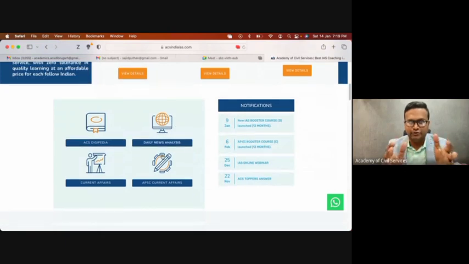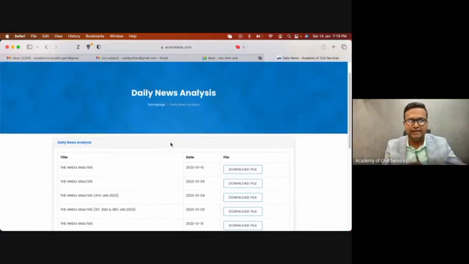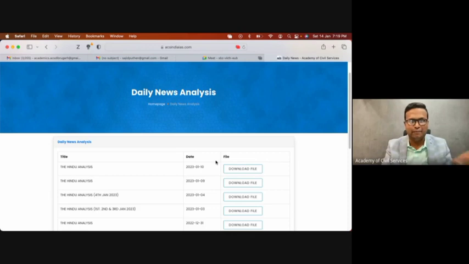I hope that you are able to see the daily news analysis. If you click on the daily news analysis, for example, today is the 13th and the last update is the 10th, because of some holiday in Assam. For the last 2-3 days it has not been uploaded, as Assam is now celebrating the Bihu holidays. Bihu is similar to the Onam of Kerala. Most of the offices remain closed for a few days for Bihu. For example, I can show you the 10th January 2023.